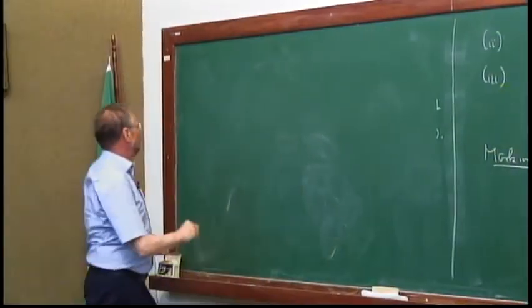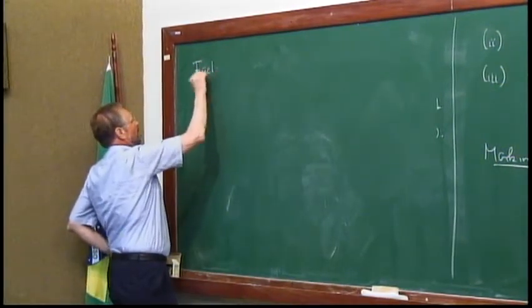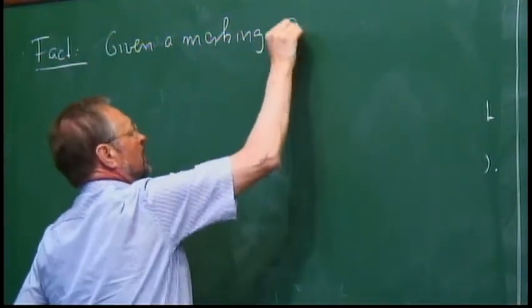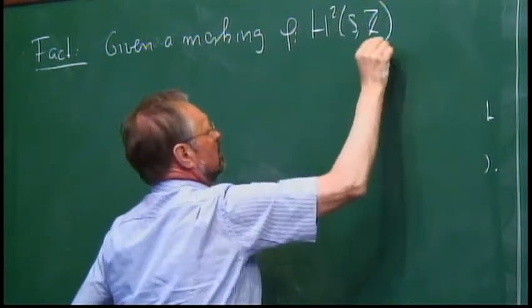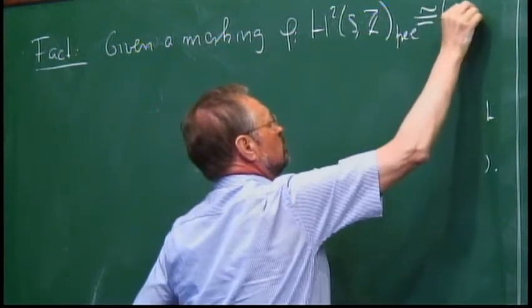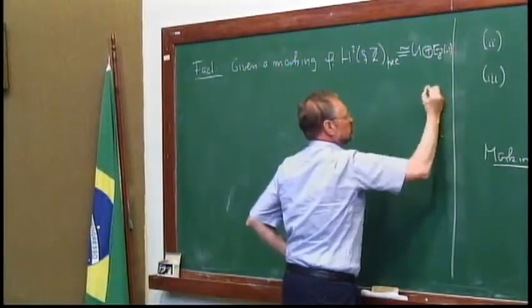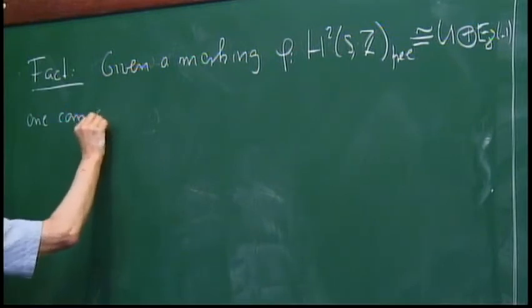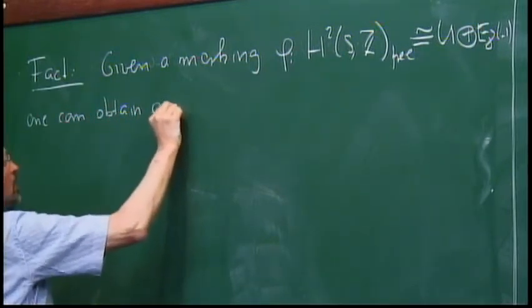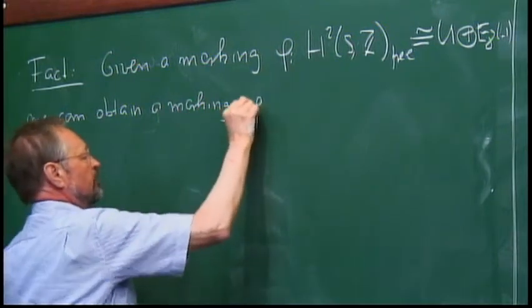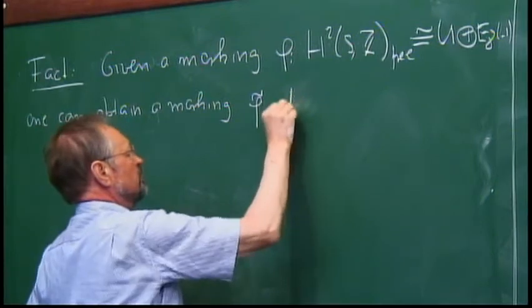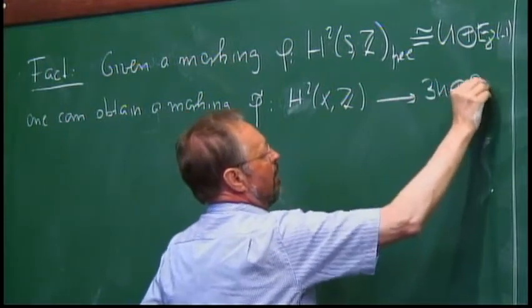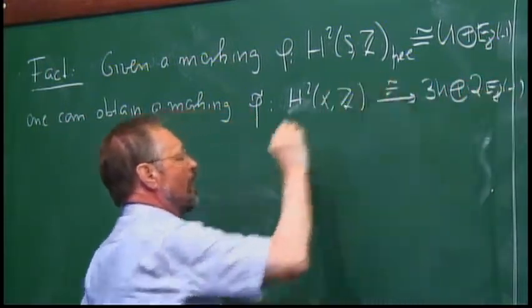So this is a well-known fact. Given a marking phi from H to S, free part, to U plus E8 minus 1, one can obtain a marking, say, phi tilde of the covering K3 surface into 3U plus 2E8 minus 1, such that